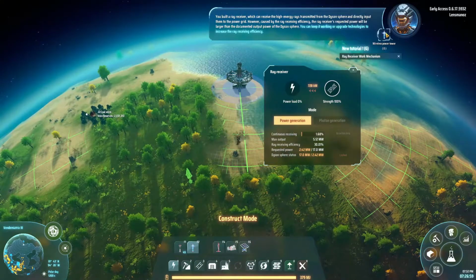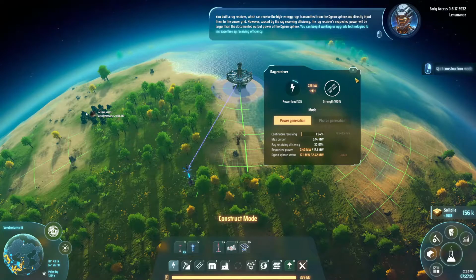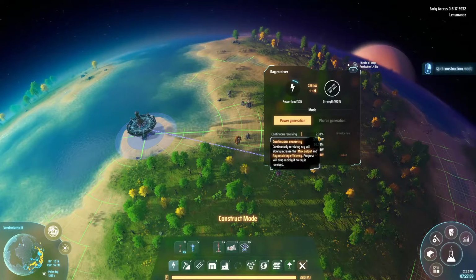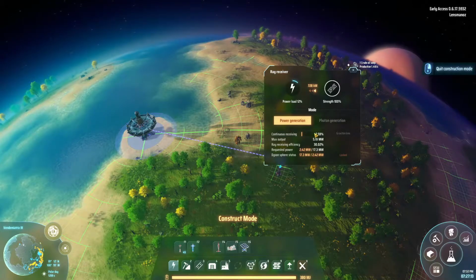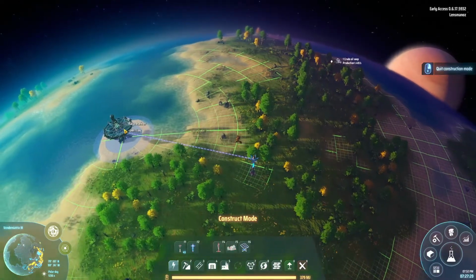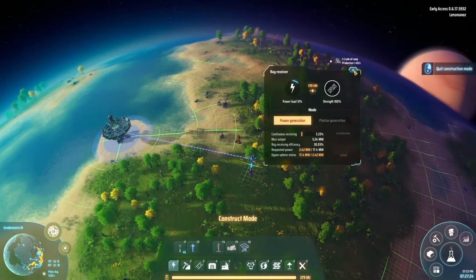Okay, so that's the ray receiver, which allows power generation. If you look here, see this percentage, the more it continuously receives power, the higher output will be. At the moment we're putting out 728 kilowatts, which isn't a bucket load because we've only got a few in the